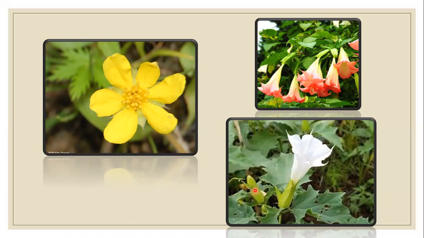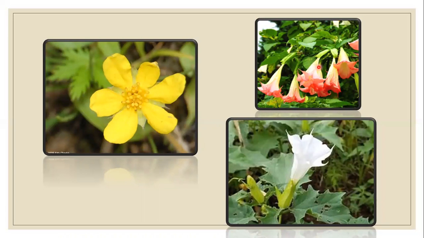And here you can see the bud. Here no white color is seen. Here the bud is completely covered by the sepals. Okay. And here you can see light pink color flowers. Here also the petals are joined to form the bell shape. For showing the bell shape, I have taken this picture.